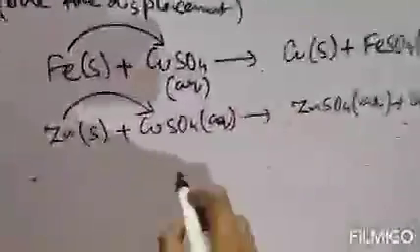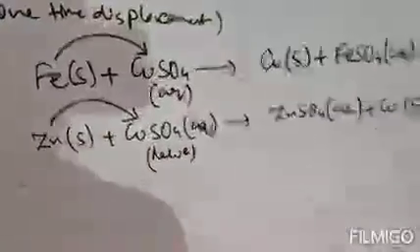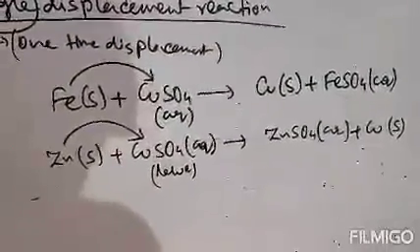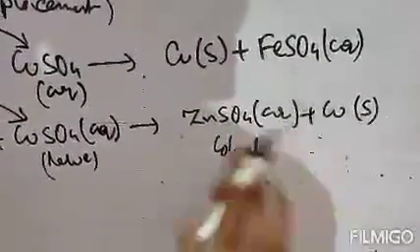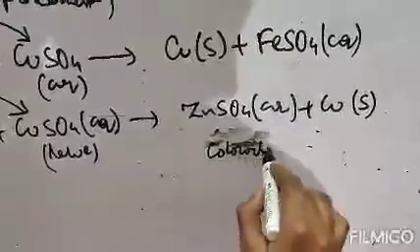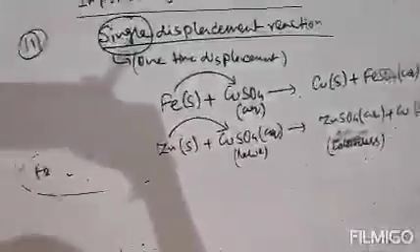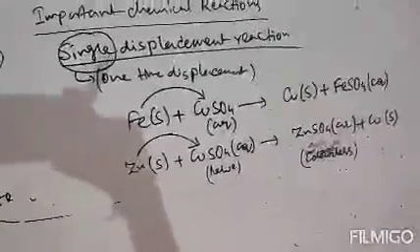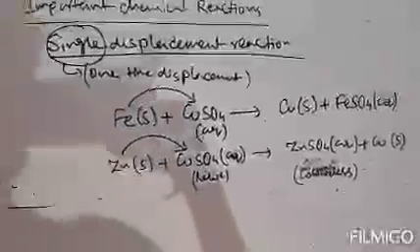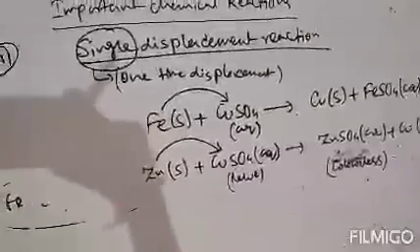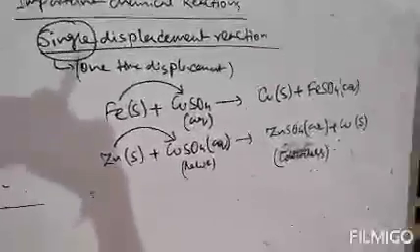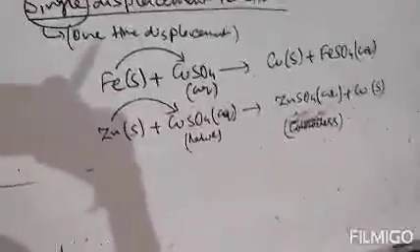Clear? Here copper sulfate is actually blue color, and whenever you treat this copper sulfate solution with zinc, the solution will be colorless. That means copper is displaced by zinc and produces zinc sulfate, ZnSO4. Copper sulfate was initially blue in color, and when treated with zinc, zinc sulfate is formed, so the blue color transforms to colorless. Clear? So this is our single displacement reaction, where a highly reactive metal displaces the less reactive metal.